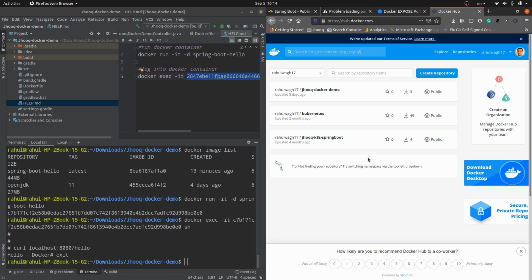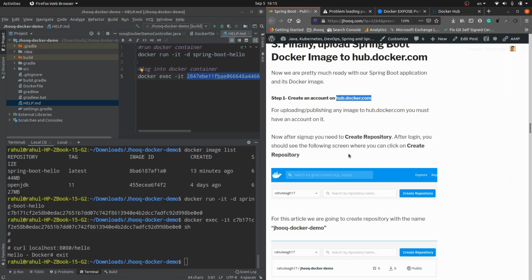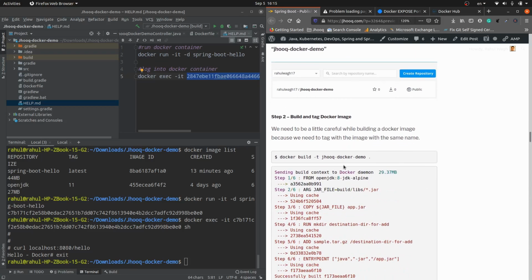And this, if it is your first time, then this section will be pretty much empty for you. So I would recommend you to create one repository on hub.docker.com. And once you create this repository, it should look something similar. Okay, so the step number second, after creating an account and after creating a repository on hub.docker, we need to